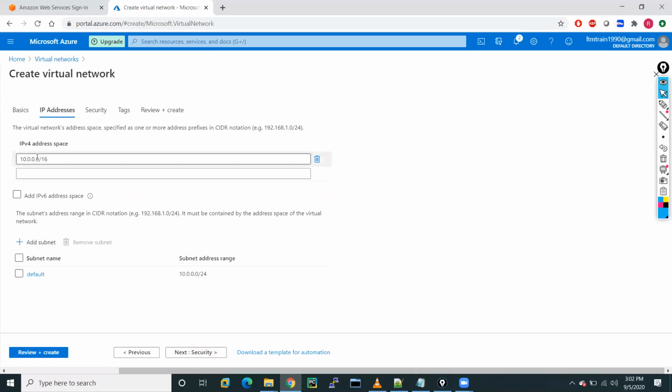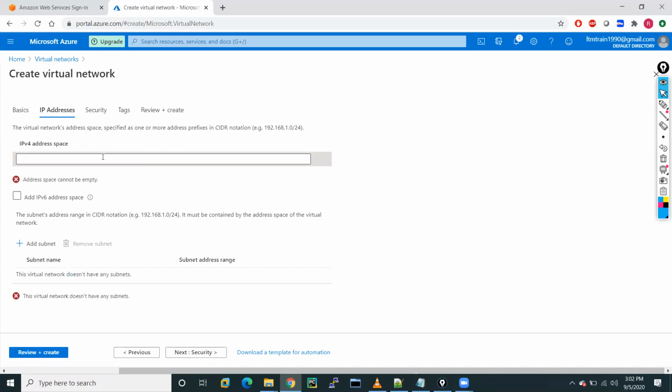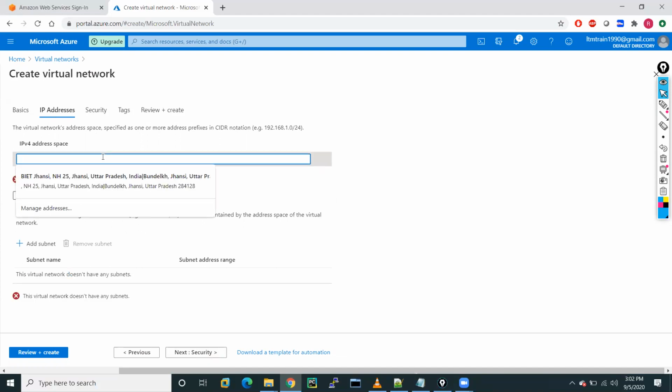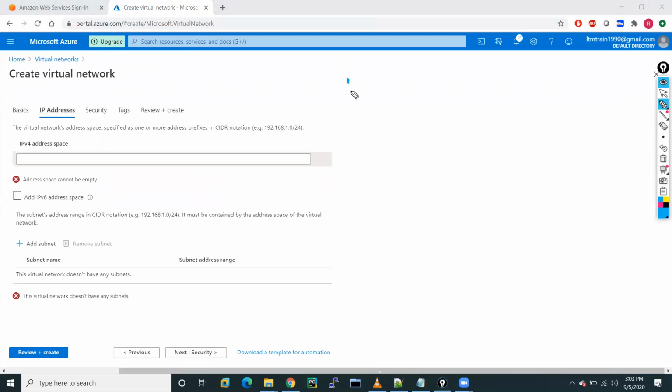This is the default range which you will get. So generally I always use some specific address space. Let's suppose in our virtual network we want to create three or four subnets.